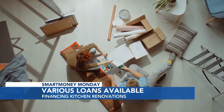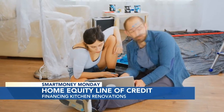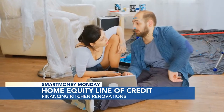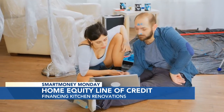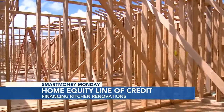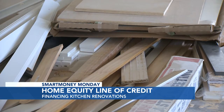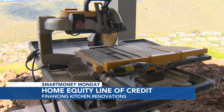Well, if your home has gone up in value, you can borrow against that appreciation with a home equity line of credit. Then simply tap into your line of credit like you would a credit card. But unlike a credit card, home equity lines of credit usually have much lower interest rates. As the renovation proceeds, you pay as you go? Exactly, Steve. Only take out what you need along the way,